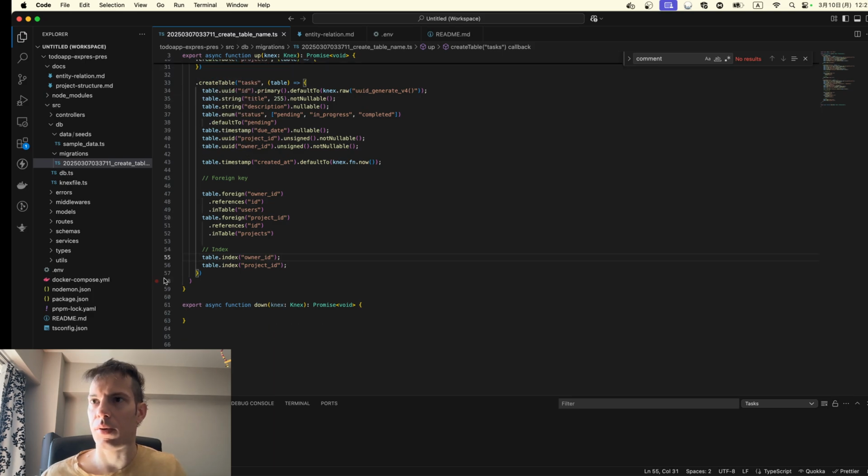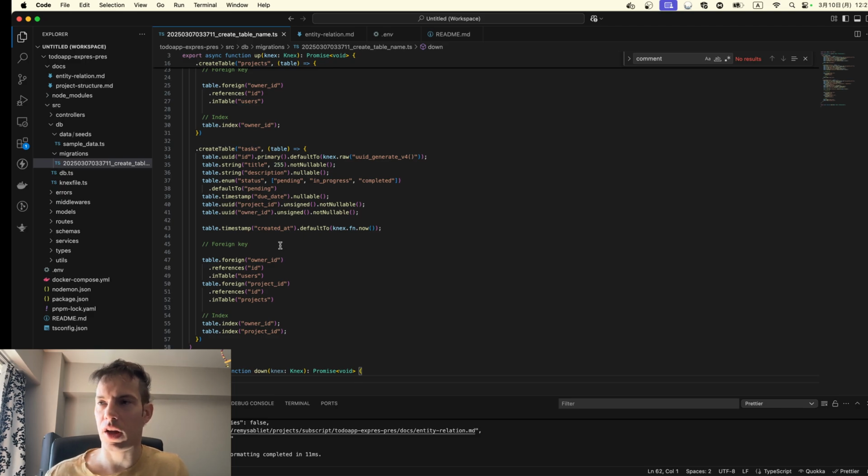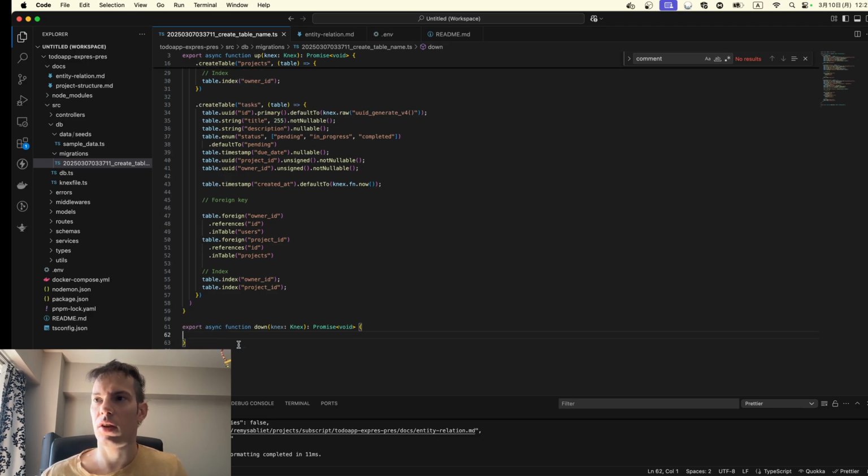I should have installed Prettier because it doesn't auto format currently. I will clean it up later. My auto formatting is actually not working with it. I think it's because I didn't install Prettier on this project. So now we are going